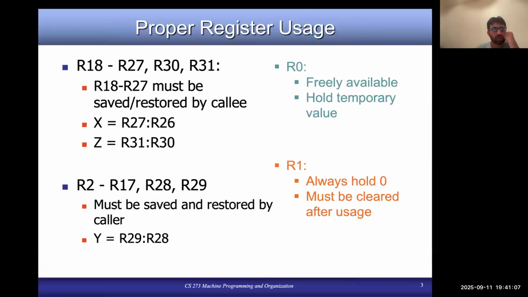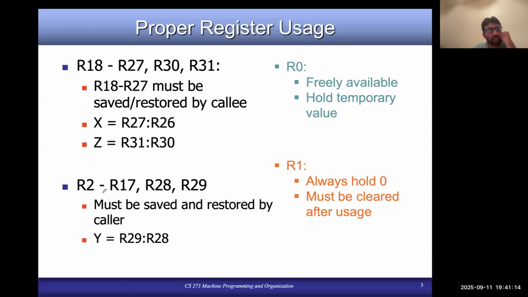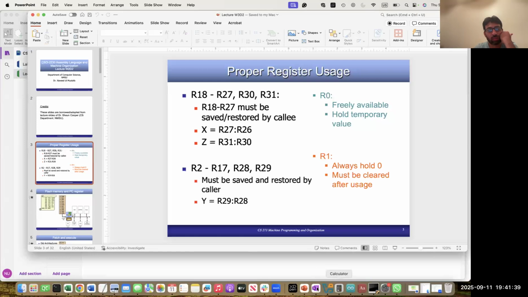So these R2 to R17, it is the responsibility of the caller to save them and restore them. And okay, I will come back. I want to go in sequence, from R0 to R1, then R2 to R17, and then R18 to R27. It is the responsibility of the callee to save them and restore them, right? So what does it mean? It means exactly the opposite of what we said earlier for R2 to R17. So if I go back to this example again,